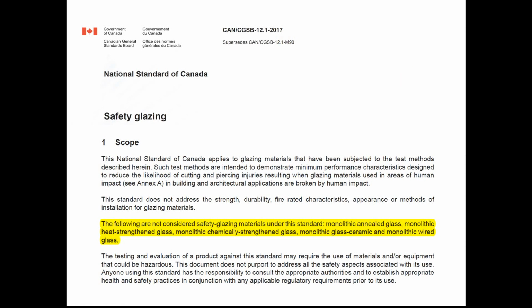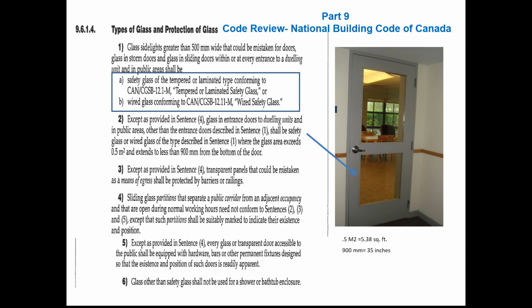Now we'll go down and look at Part 9 of the National Building Code, and I believe the 2010 and 2015 are the same thing. They talk about this standard again, right? But once again, this standard for laminated or safety glass is gone. So within this